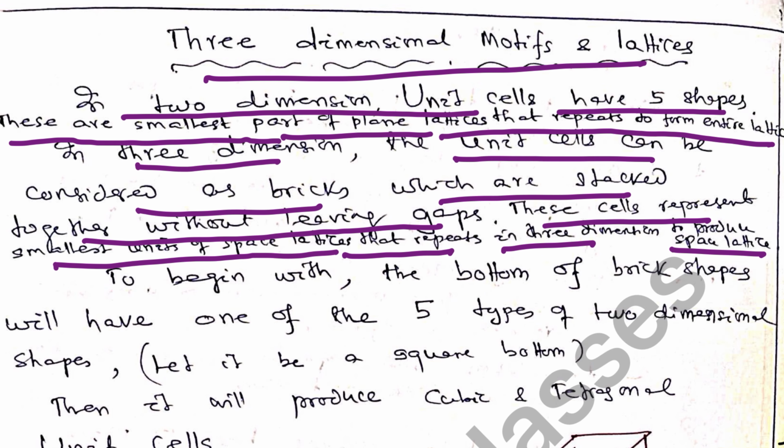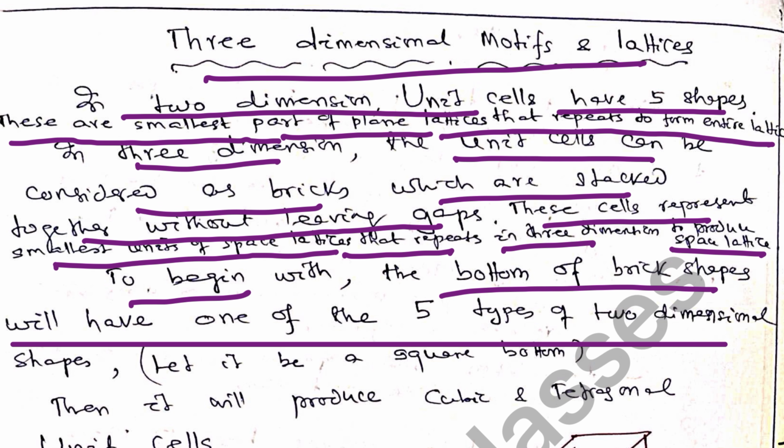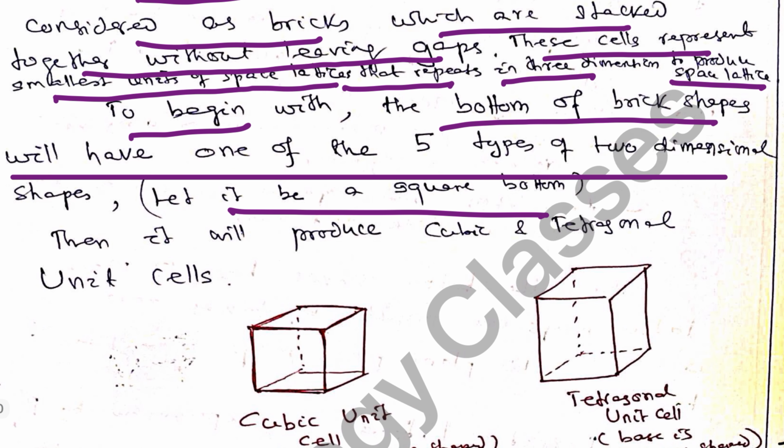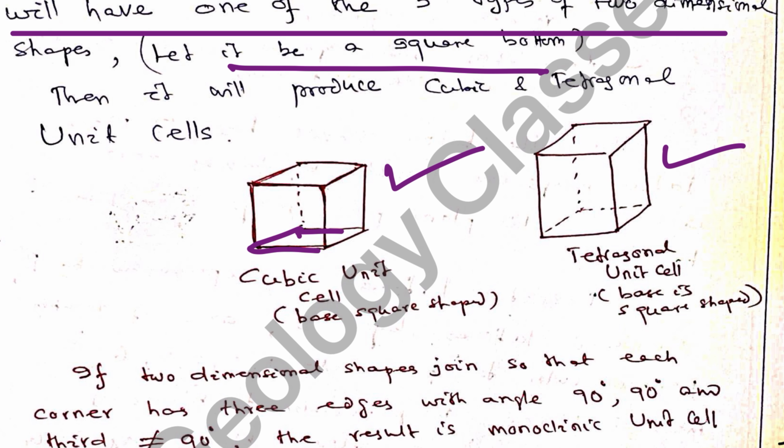space lattice of crystals. To begin with, the bottom of brick shapes will have to be any one of the 5 types of planar lattices or 5 types of planar shapes. Let it be a square bottom. If the bottom is square and it is converted into a brick, then it will be either a cube or a tetragonal unit cell, because this is